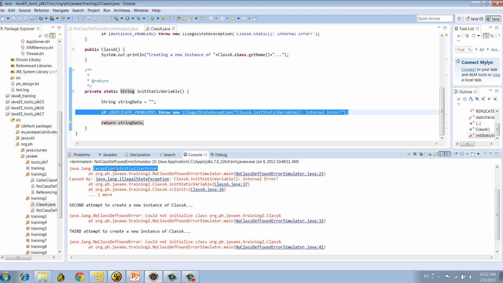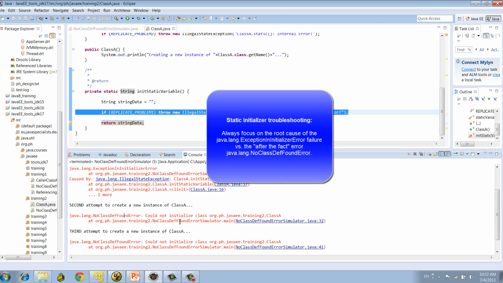So it's giving you a hint, right? When you see the exception, it means the static initializer failed. And then the NoClassDefFoundError is the side effect of this error, right? So it's very important that you realize that, because you may be scratching your head and trying to figure out,